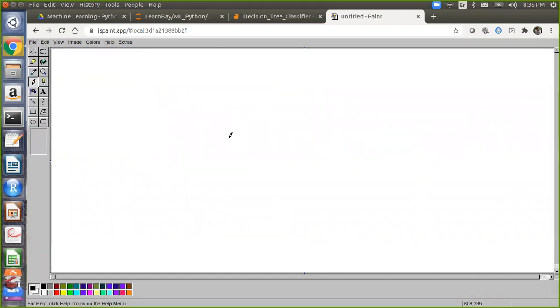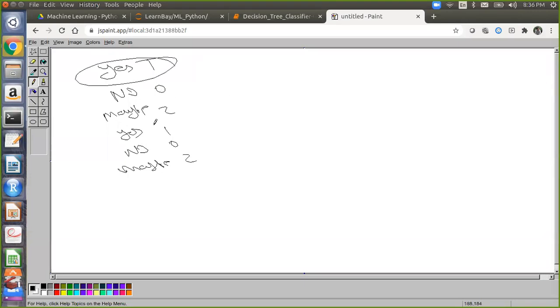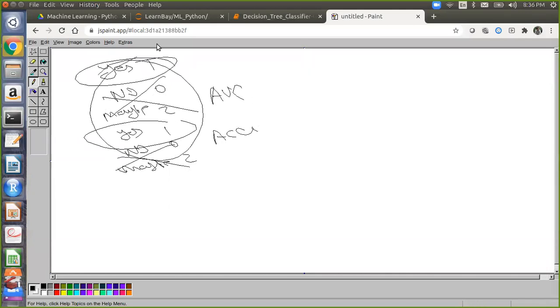For example, you have a target variable with values yes, no, maybe. When you do encoding, you will do 1, 0 and some other encoding, probably one hot encoding, or suppose 1, 0, 2. So I only care about this particular thing. I don't care about these two in area under the curve. And your accuracy matrix will cover all of these. So that is the difference between area under the curve and accuracy.